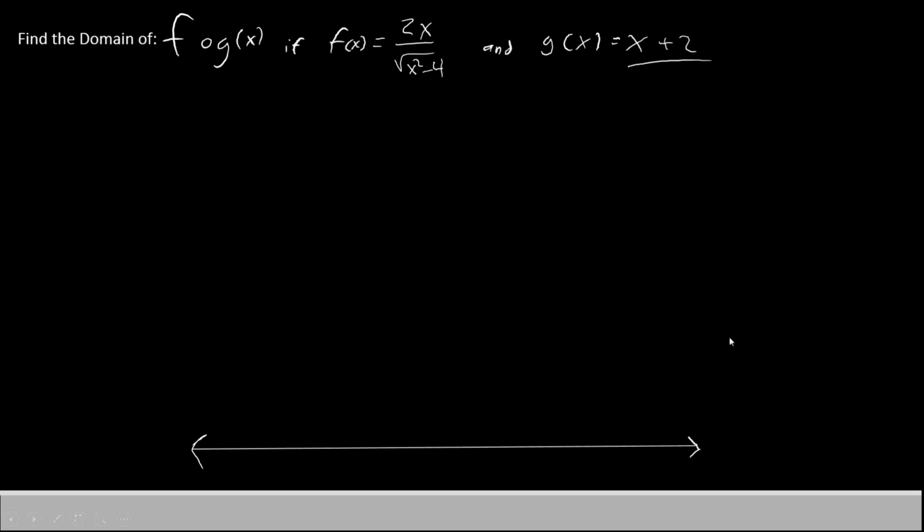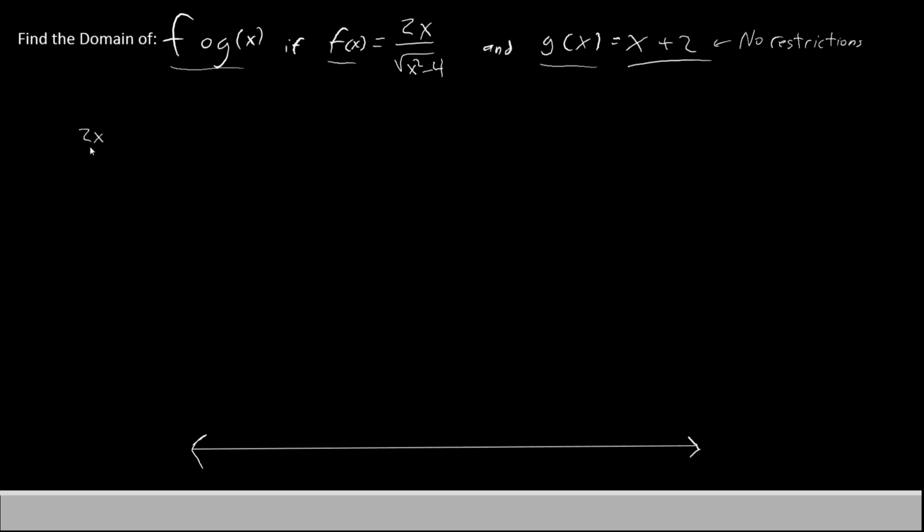Our functions this time are f(x) equals 2x divided by root x squared minus 4, and g(x) is equal to x plus 2. Once again, just like last time, we're going to have to first find the domain of f and the domain of g before we can go on and find the domain of f composite g. I'd actually like to start with g this time, because you can see g doesn't have any fractions in it, it doesn't have any roots in it, so g should give us no restrictions at all. That's the easy part. Now we'll look over here at f.